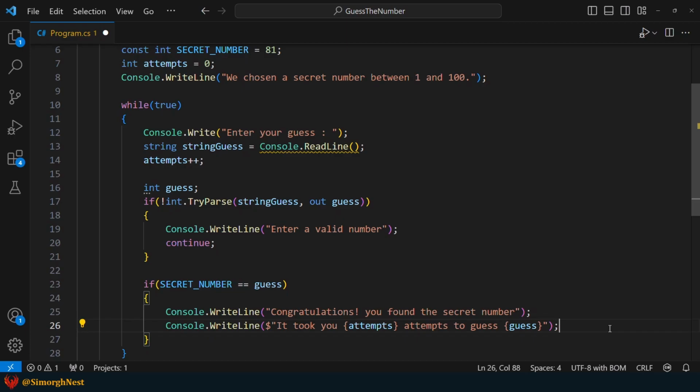And finally, terminate the application by using the break statement.